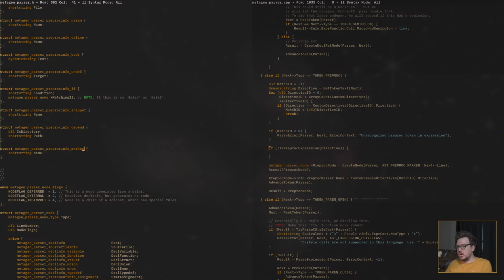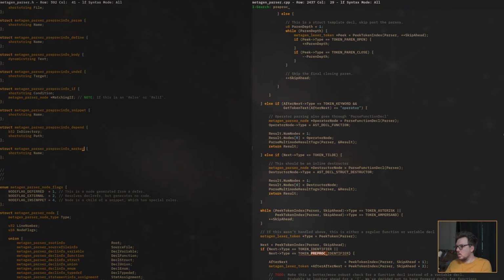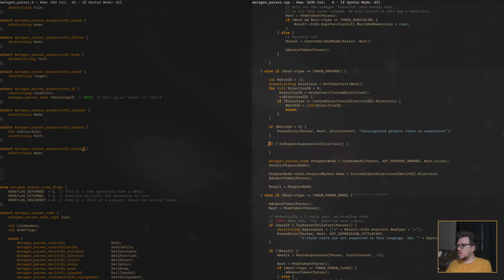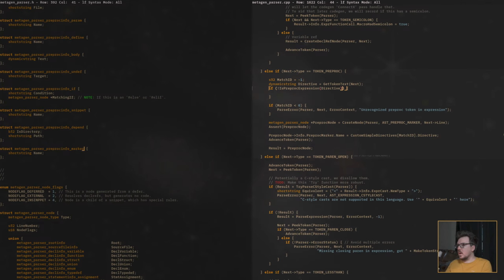Oh, these are still called markers. No, it's not. Okay, these are just for expressions. So yeah, we can just check this. Forget this whole thing. We can just say, if it's not a preproc expression, then